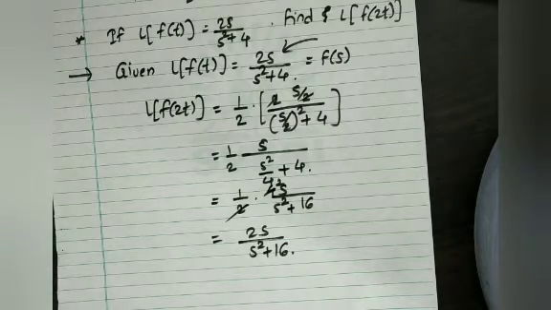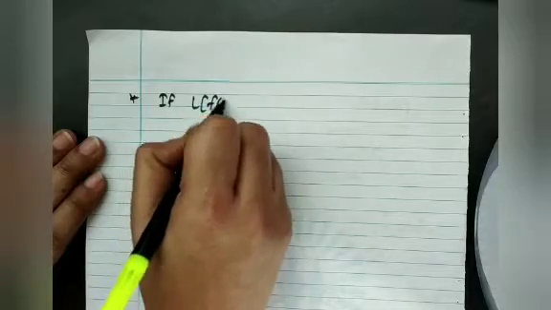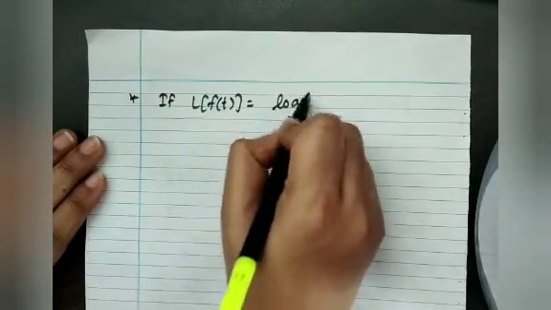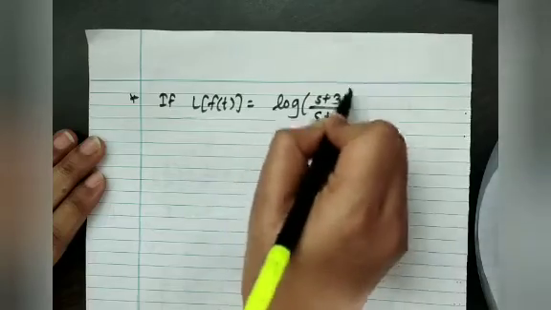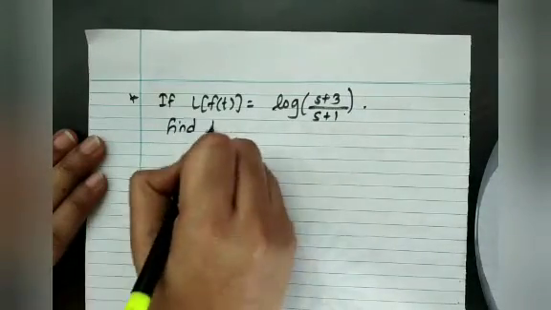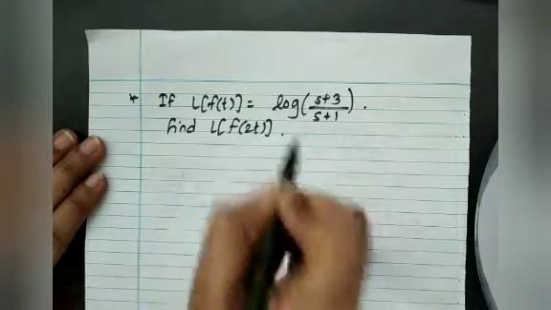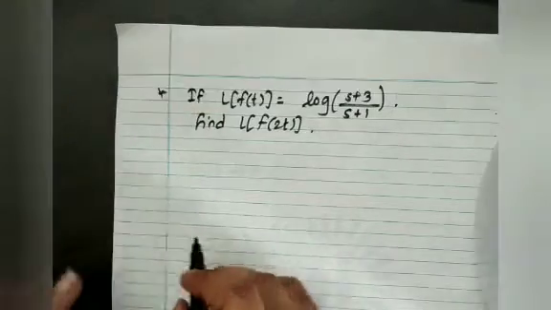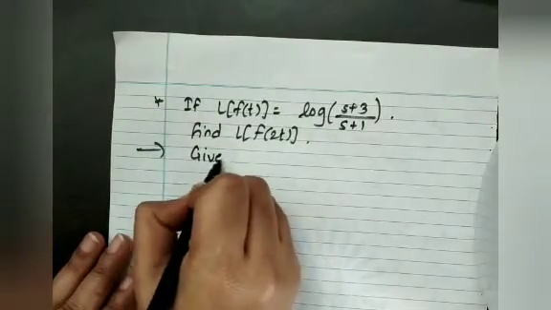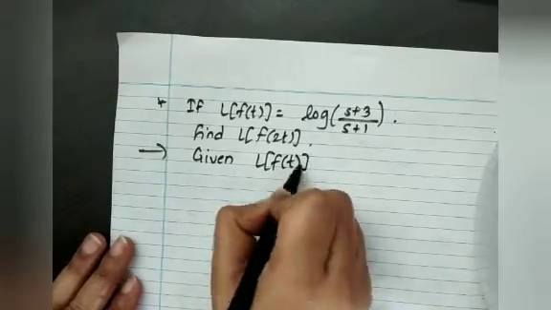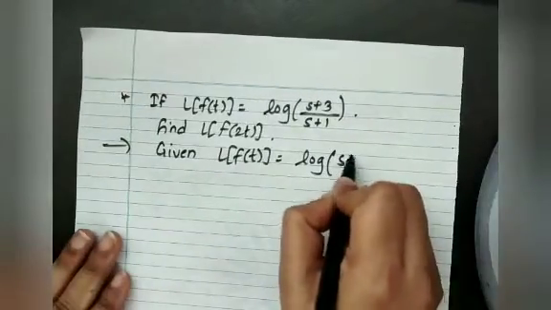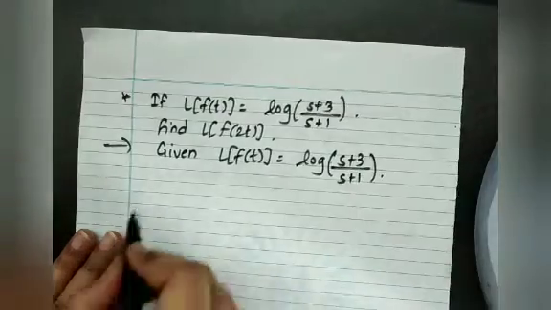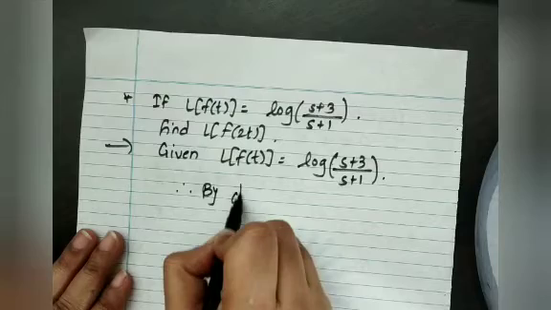We'll take one more. If Laplace of f of t is equal to log of s plus 3 upon s plus 1, find Laplace of f of 2t. Again we can see it is nothing but change of scale theorem. So given that Laplace of f of t is log of s plus 3 upon s plus 1. Therefore, by change of scale